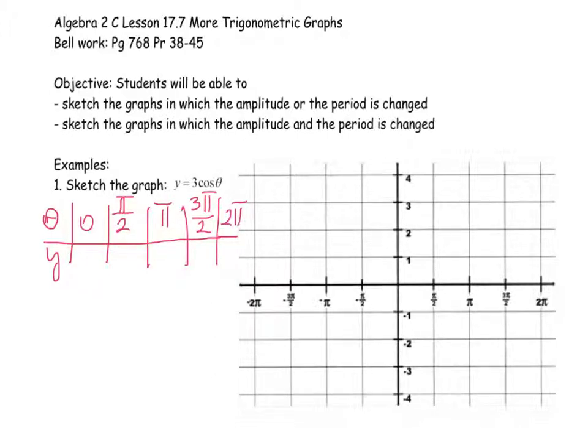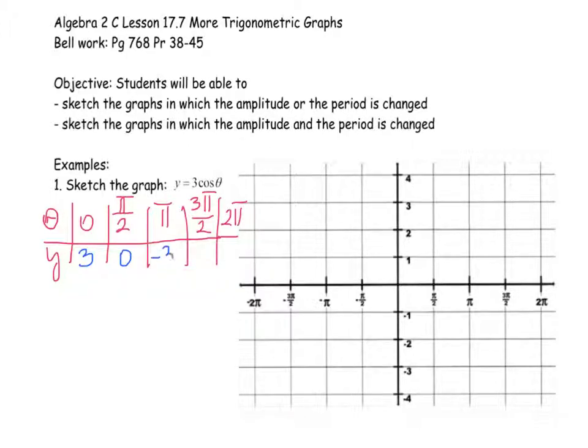So if I'm substituting in 0 for cosine, you know that it is measured on the x-axis. So if you substitute in 0, you would get 1 for the value of cosine, which then we have to multiply by 3, so we are going to get 0, 3. At pi over 2, which is at 90 degrees, cosine is 0, and if I multiply it by 3, I still get 0. At pi, which is 180 degrees, cosine is negative 1, and if I multiply that by 3,